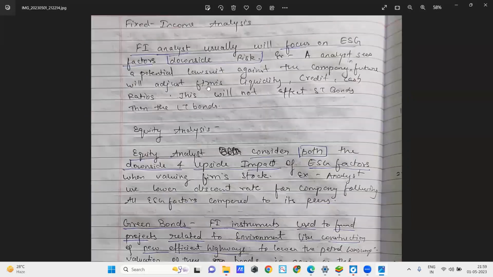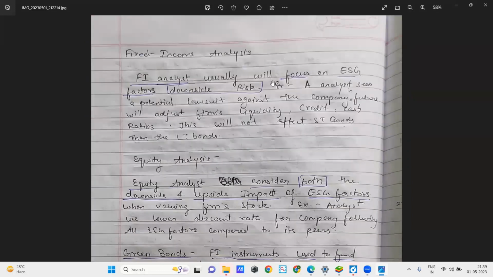So the first one is fixed income analysis. The analyst usually will focus on ESG factors and downside risk, because there is no upside risk in fixed income. The top is fixed. You cannot get more than 9% for a 9% claim. So if the analyst sees a potential lawsuit against the company,